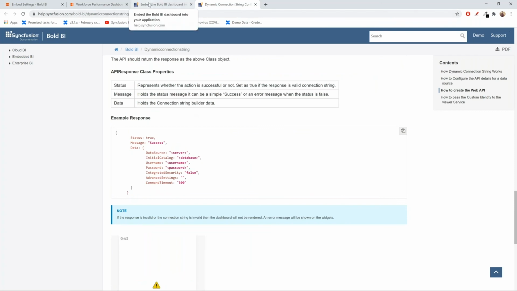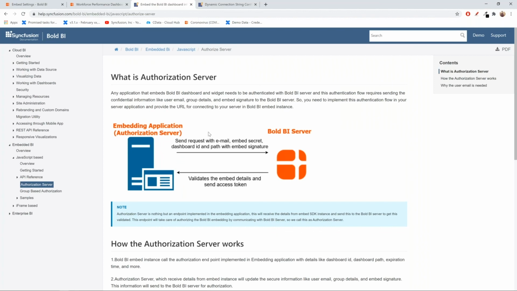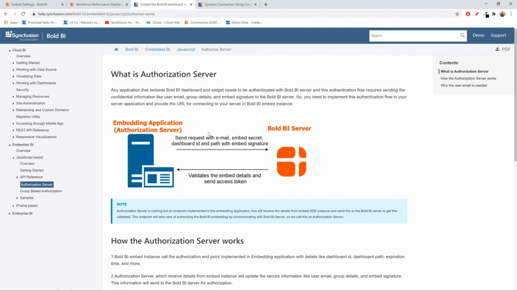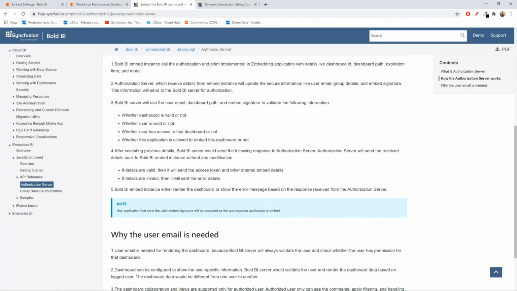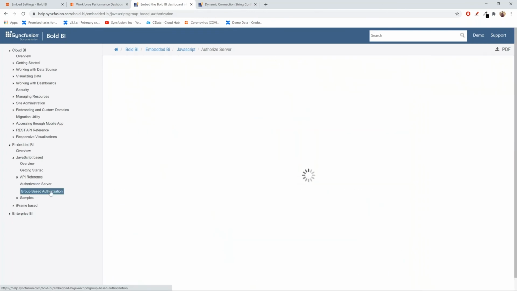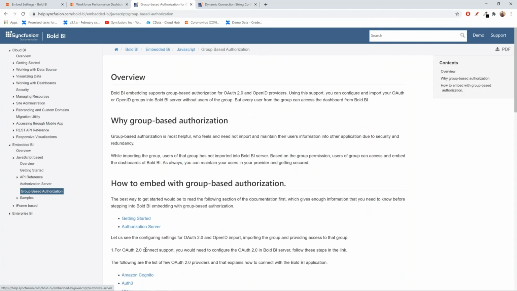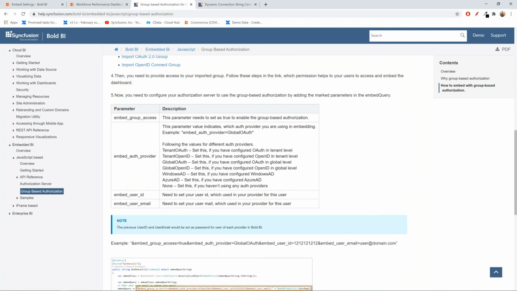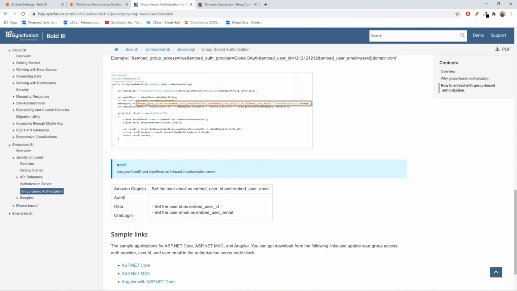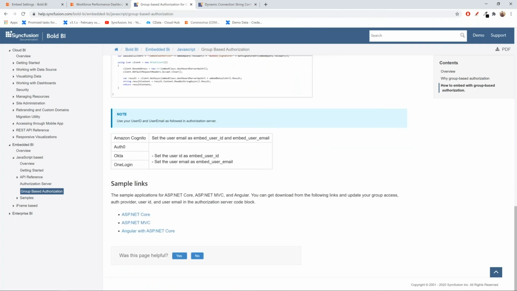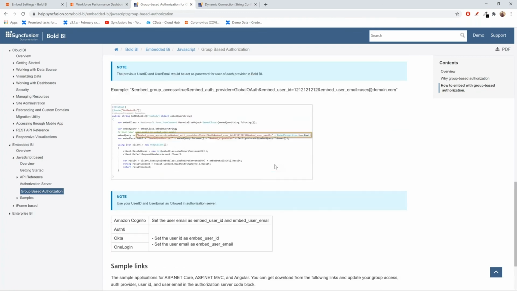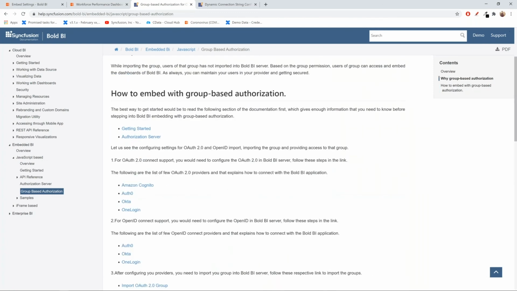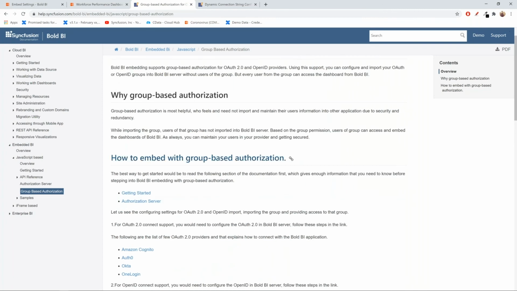For users who are new to this embedding, we also have documentation about embedding, which has complete details about how the authorization works and how you can impersonate users when you embed the application, and the supported authentications, everything is listed here. You could also see some samples for ASP.NET Core, MVC, and Angular. And of course, the component supports all the popular frameworks like React. So you could just make use of them and embed dashboards in your application.